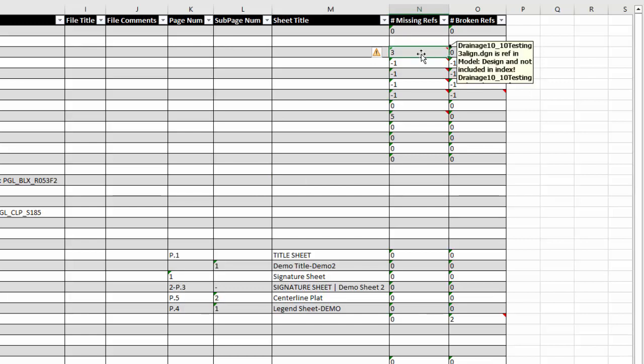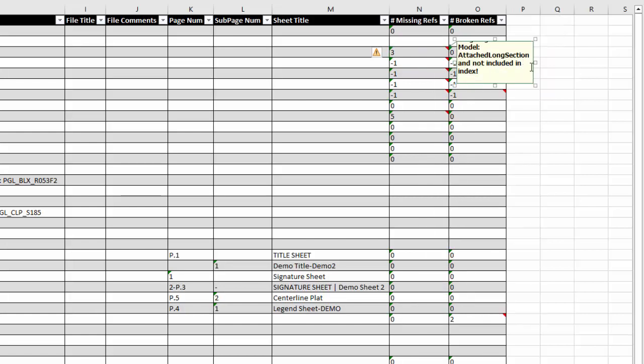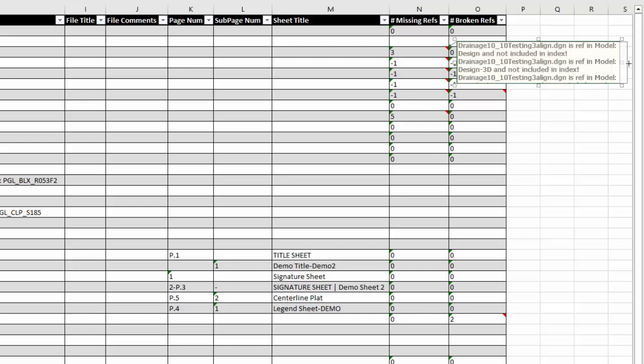So in this file, a reference in the model is not included. If I edit that note, you can make this a little bit longer to help read it,